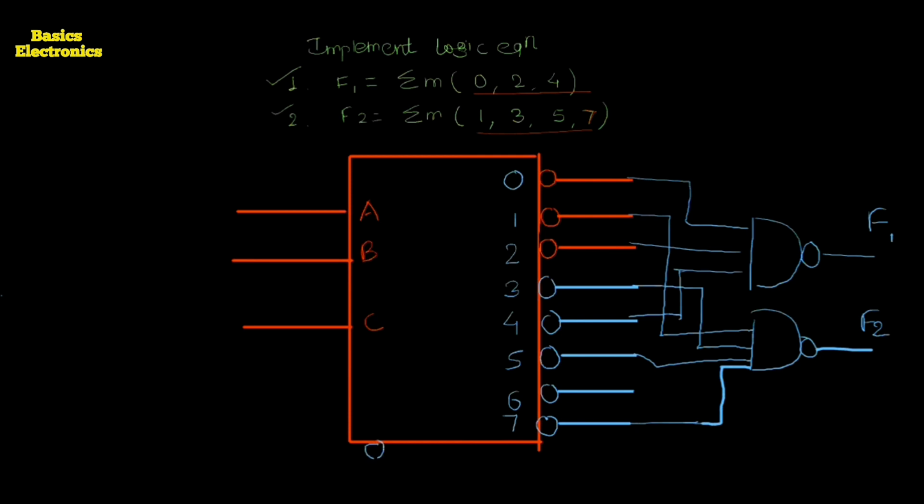Don't forget to write down here the strobe input G/E. Okay, so next time we will see how we can implement the given equations, given truth table, and a given equation in the form of ABCD by using the decoder. Okay.